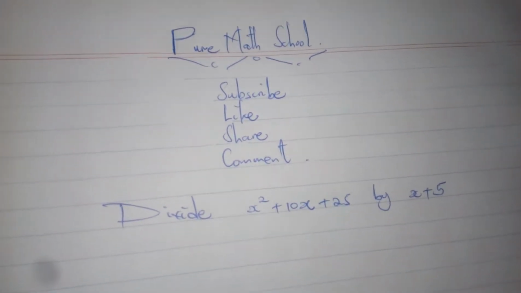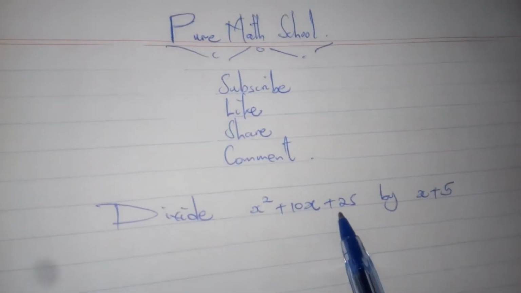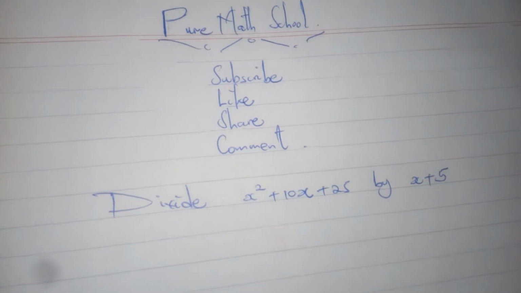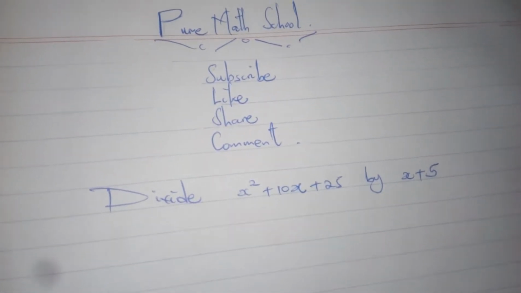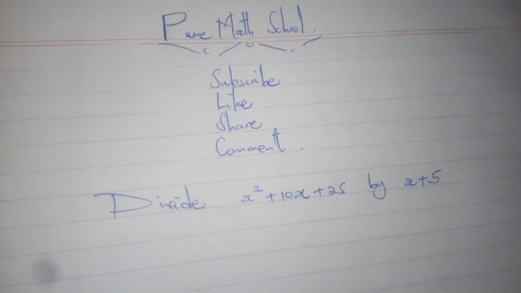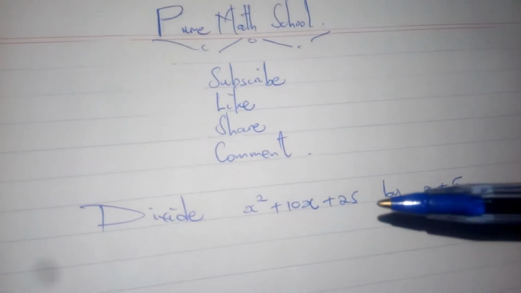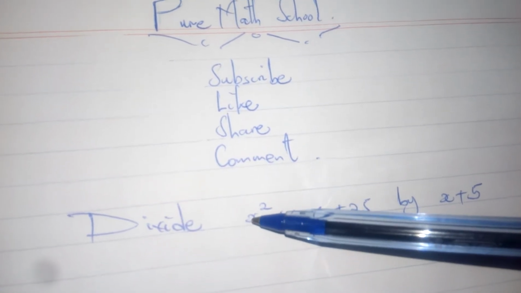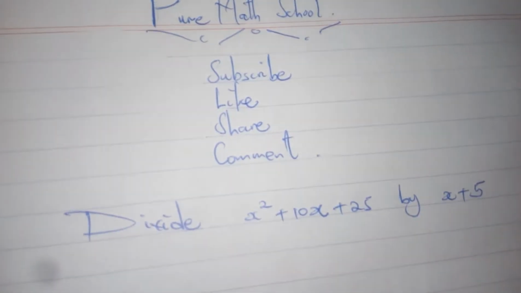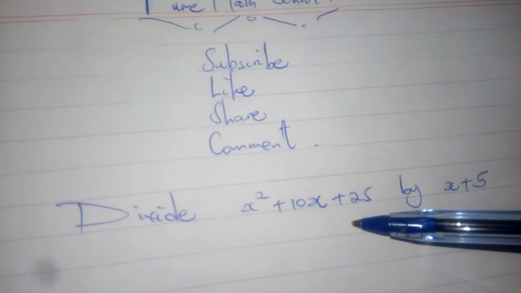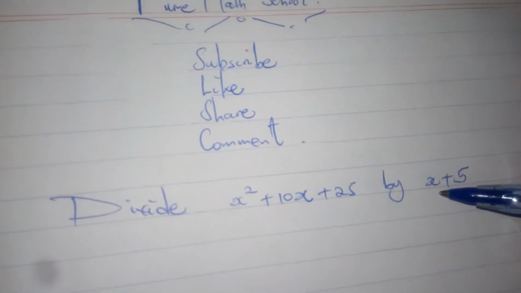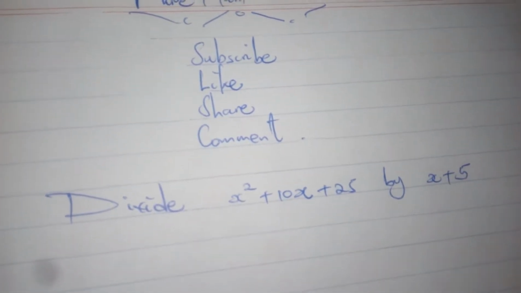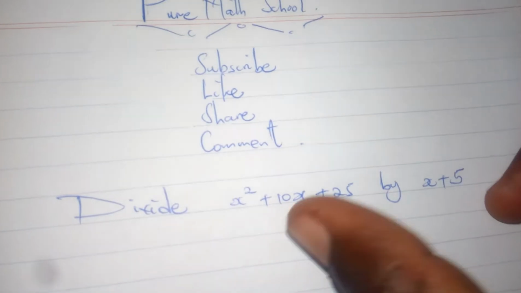Today this is what we're going to look at. We're going to look at how to divide a quadratic equation by a linear equation. A quadratic equation is an equation, well, it's an expression since there's no equal sign. So a quadratic expression is just an expression which has the highest degree of 2. As you can see, this variable x has the degree 2, which is the highest in that expression, and this one is linear because the variable x has only a degree of 1. So we can handle this by two